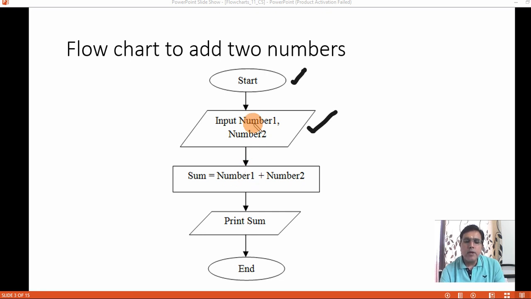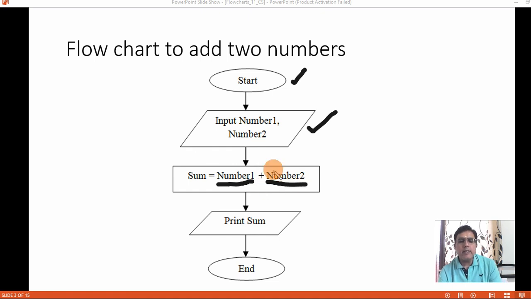Whatever variable name you have used here, that same variable name must be used everywhere in the flowchart or everywhere in the program when you will do programming. Here n is capital, here also n is capital. There is no space between number and 1, so this is treated as one name, one variable name.